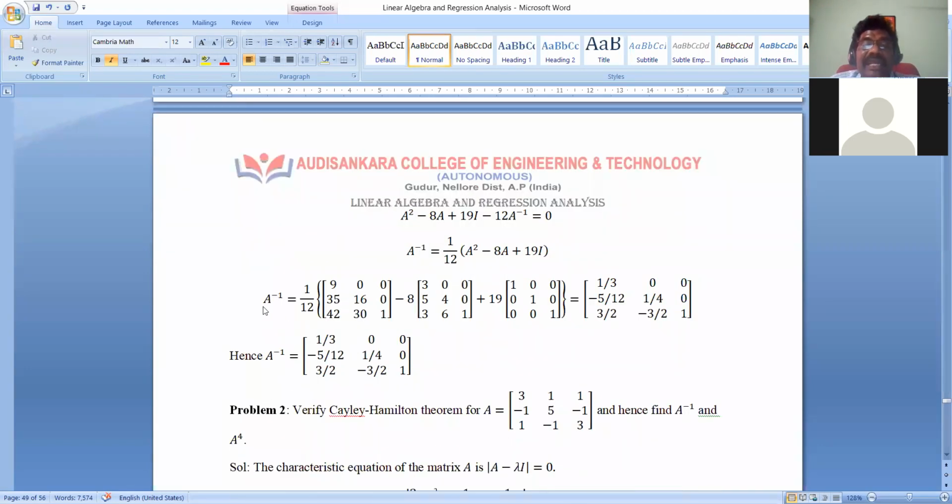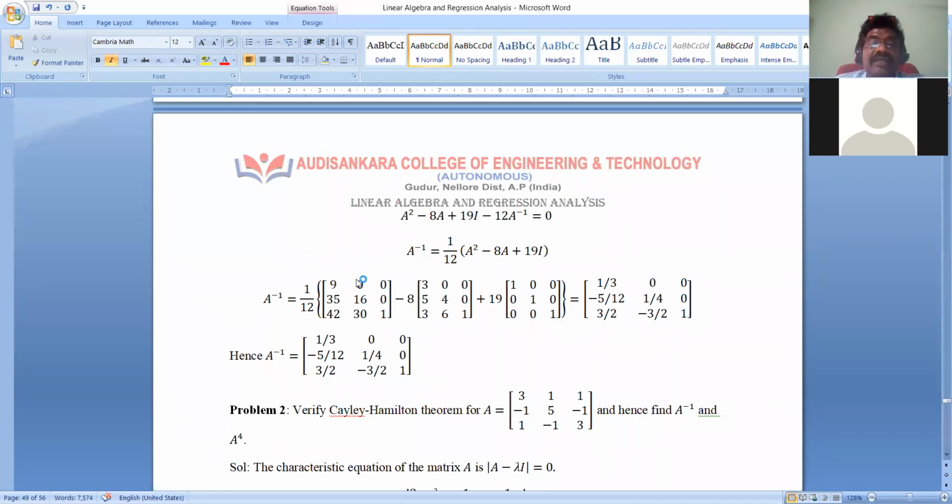That is nothing but A inverse equal to 1 by 12 into A square, that is 9, 0, 0, 35, 16, 0, 42, 31, minus 8 into A, that is 8 into 3, 0, 0, 5, 5, 4, 0, 3, 6, 1, plus 19 into the identity matrix of 3 by 3. That is 1, 0, 0, 0, 1, 0, 0, 0, 1. Now,